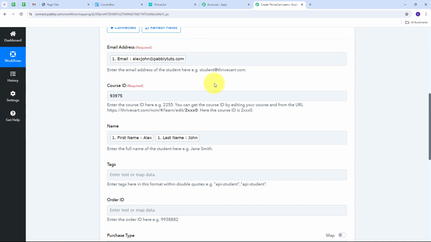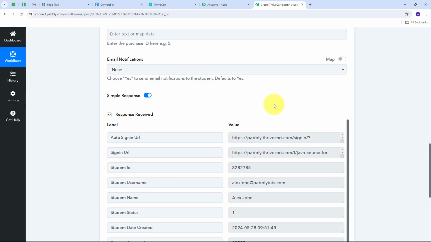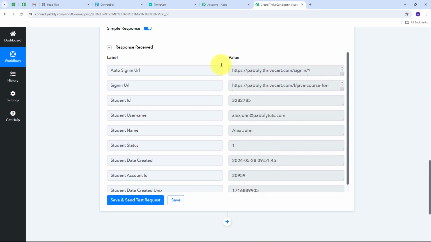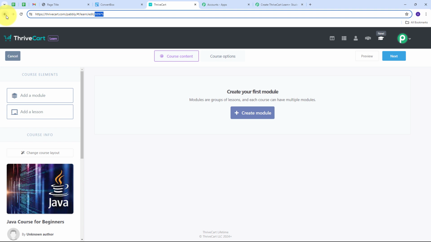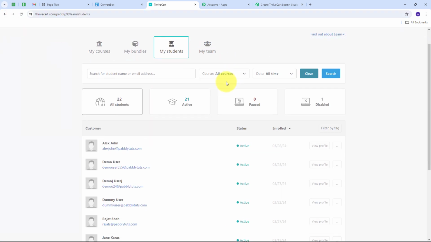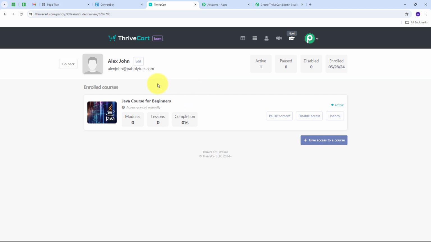Now I need to scroll down and click on the Save and Send Test Request button. And here we can see I have received this response. So this is a positive response, and this means that I have created a new student in my ThriveCart Learn Plus account. Now to check this, let me take you to ThriveCart Learn Plus. I will go back, and here I will go to my students. And here in students we can see I have created this new contact that is named Alex John. So I'm going to open this. And here we can see I have created this student, named Alex John. Email is